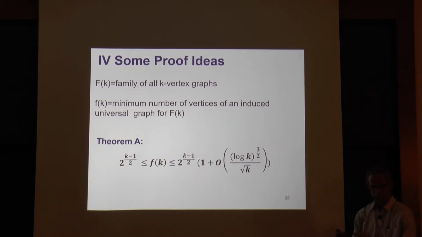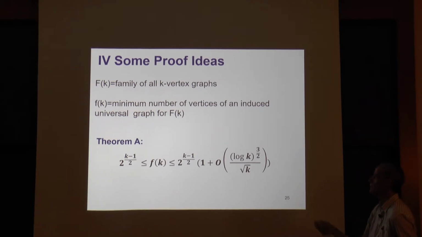Okay, so now I want to talk about some proof ideas, and I think they are interesting. I'll not really show details of anything, but I'll tell you the basic ideas. In this proof for this universal graph, for the family of all graphs on k vertices, and indeed the same method would work for bipartite graphs, would work for tournaments if you want directed graphs, would work for other cases as well, but let's just talk about this. So let's denote by capital F of k